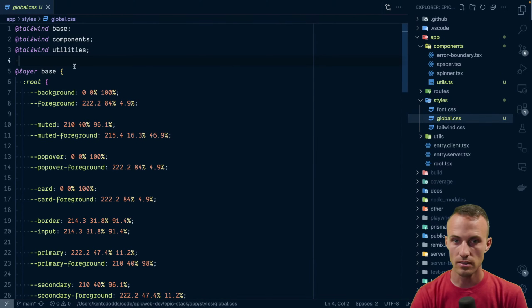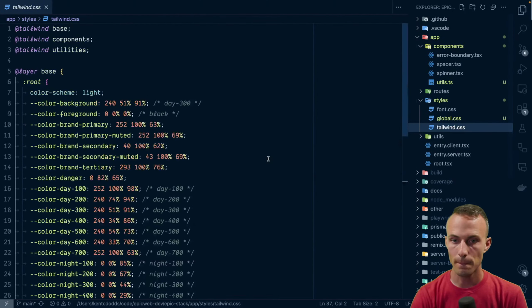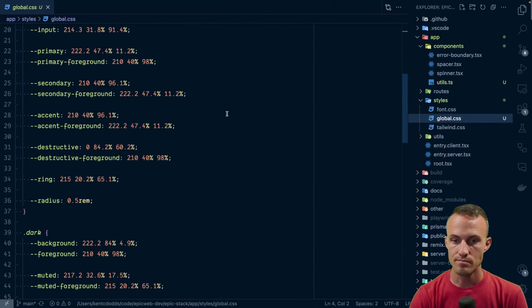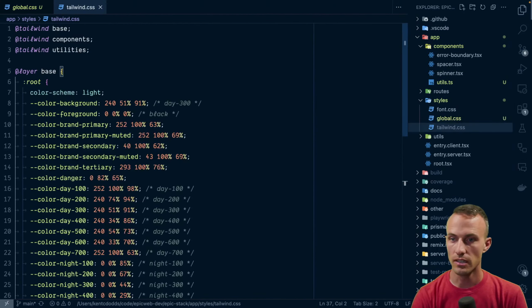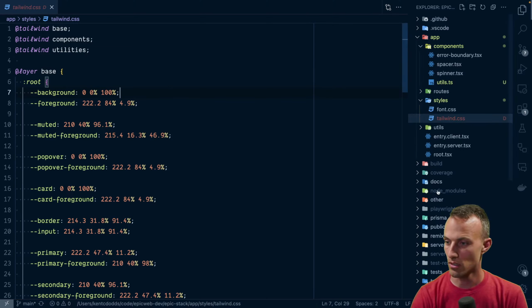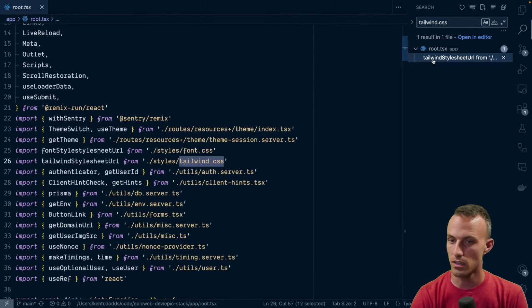It's interesting how it does that. Yeah, I think what we'll do is we'll get rid of this one and call this tailwind CSS, and then we'll go, heck, let's do global. I like global better. And then tailwind CSS, we will rename this to